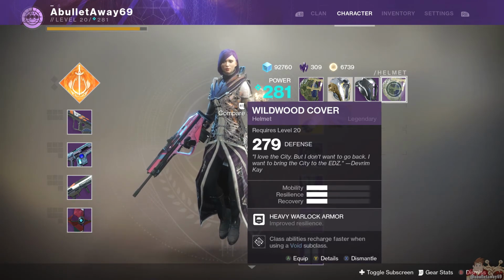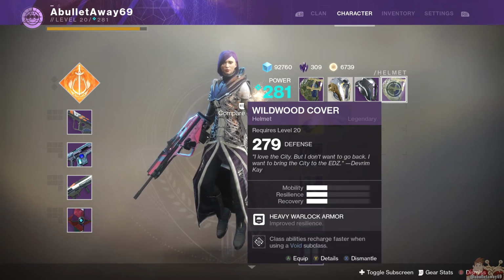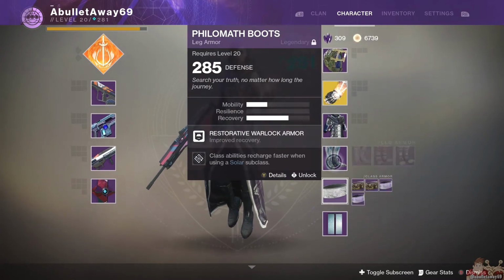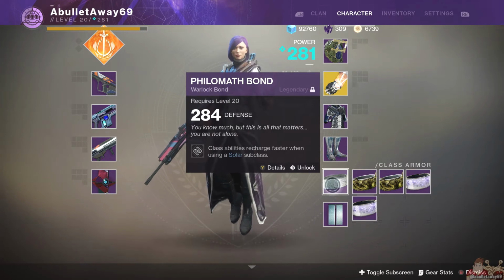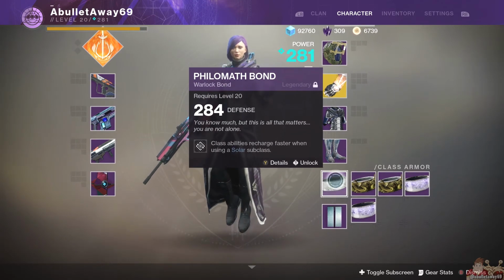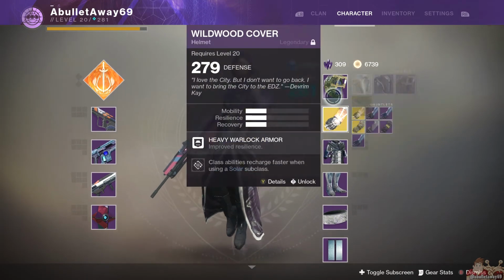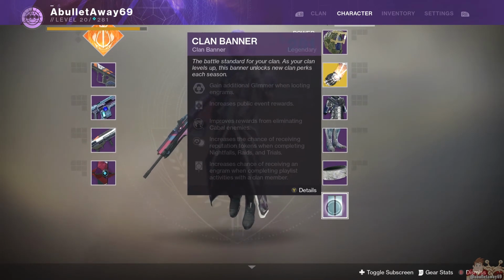So let's say I'm running void and I want my abilities to recharge quicker. Then I can take 2 or 3 of my sets of armor pieces here, or all of them, and eventually work them so all of them will increase my void abilities. Now, tip here: if you play a lot of PvP, you like to spend your time in the